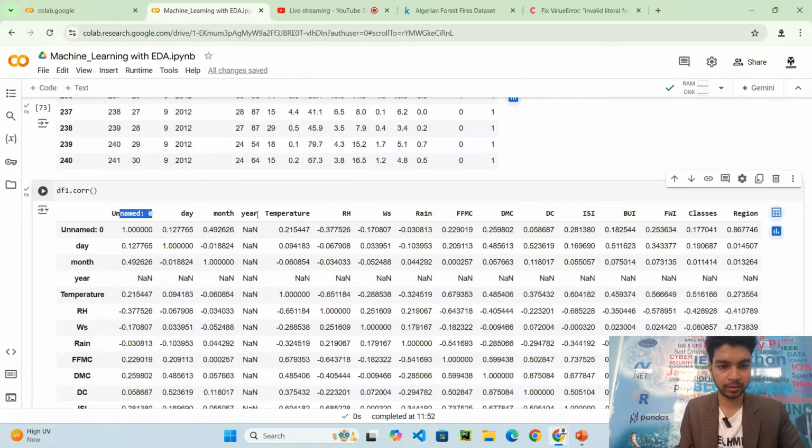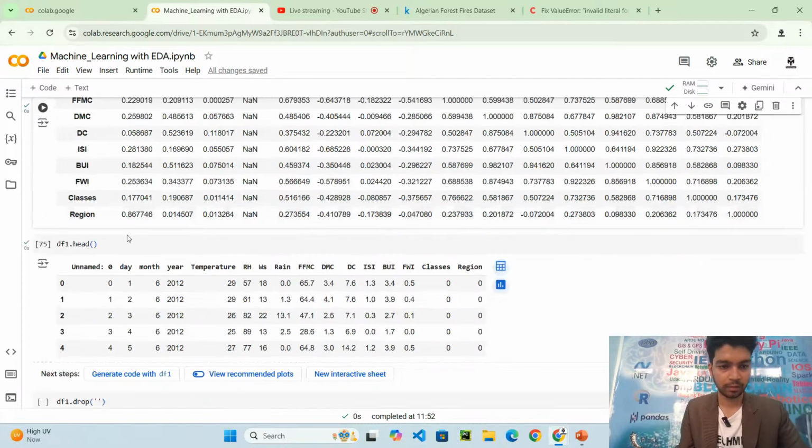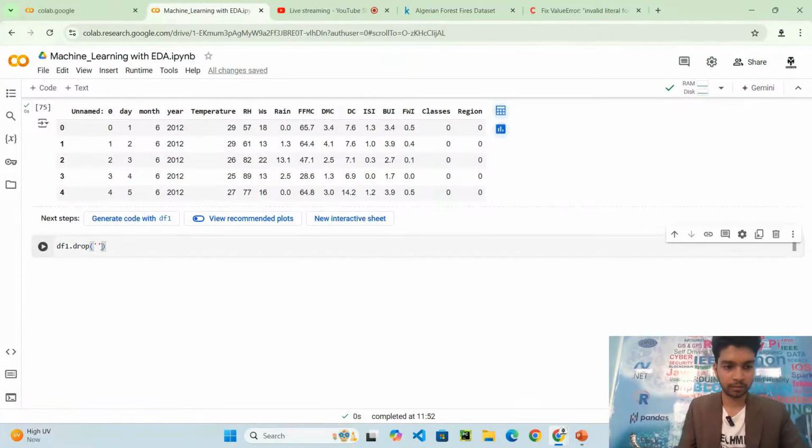I'll copy all this and pass a list here, axis equal to 1, inplace equal to True.